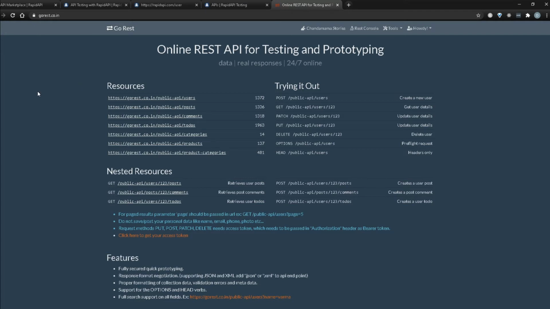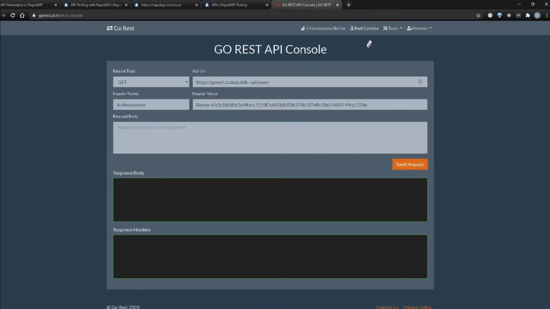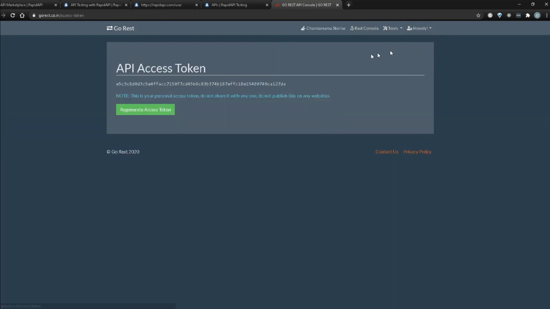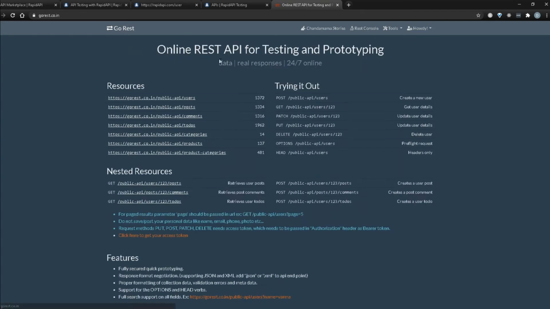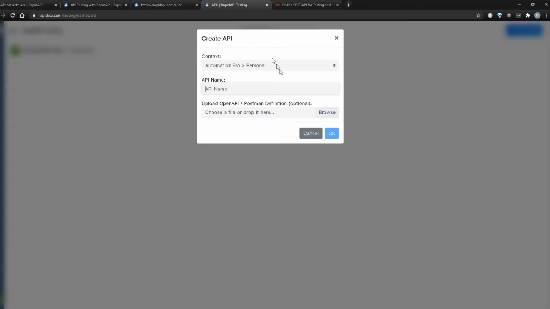Now, if you watch my API test automation with JavaScript tutorials, I use this website, GoRest.co.in, and we access different resources over here. For this, make sure you sign up, because once you sign up, you will have access to this REST console, as well as the actual token, which I go over here. You can use this token when you make your POST, PUT, or DELETE calls.